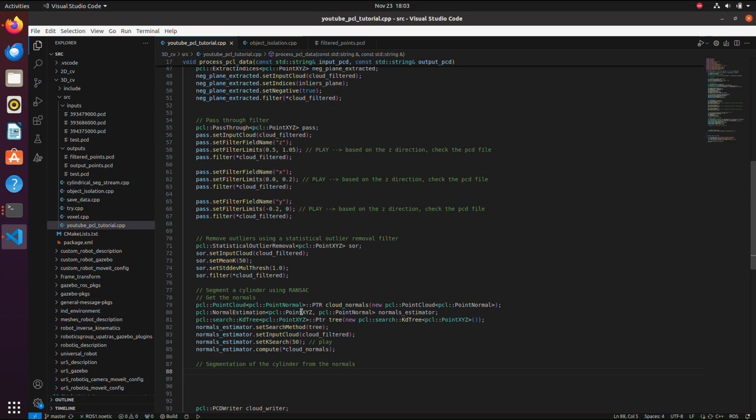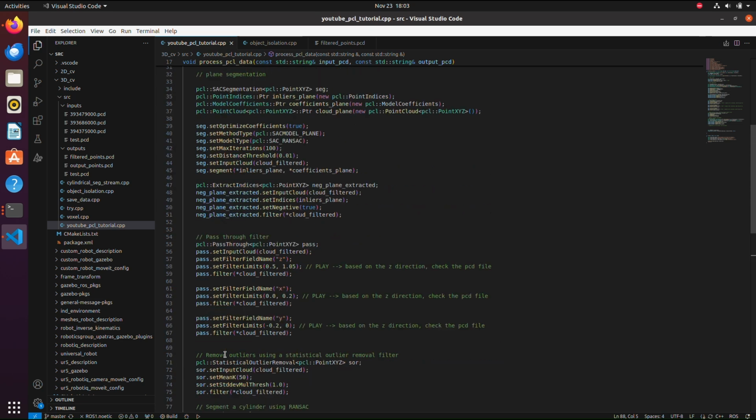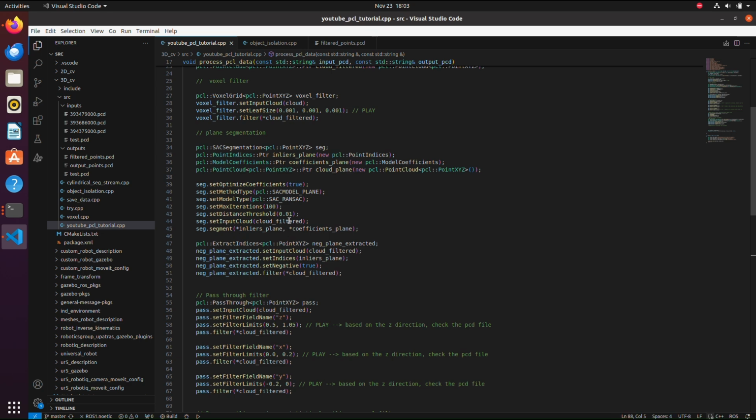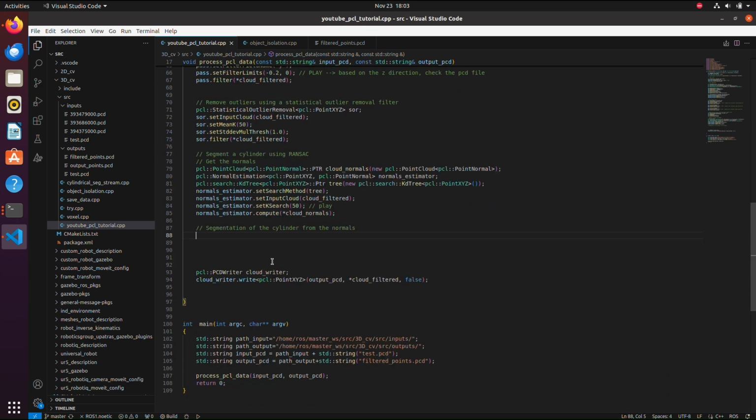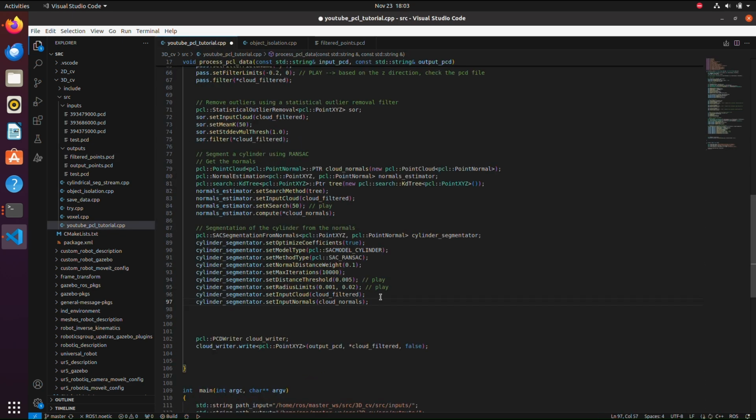And this is very similar to the plane segmentation that we have seen. So let's see what it is going to be. There we go. We need to use the SAC segmentation from normals